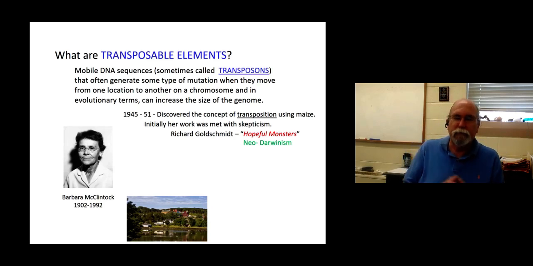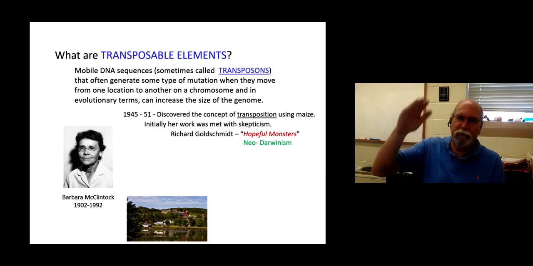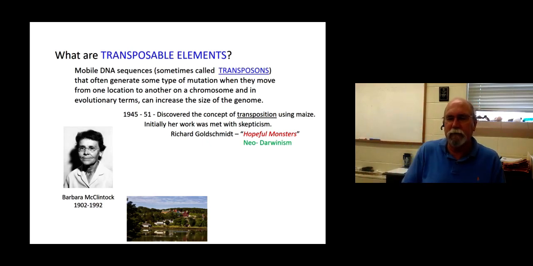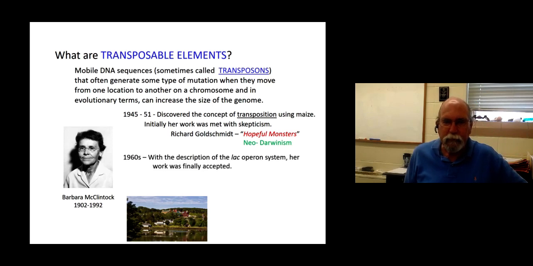And most of you, as I've mentioned before, trained as neo-Darwinian theorists. And it was based on the idea of these small changes. Well, all these neo-Darwinians out there were going, no, you can't have that. We figured it out now. There are chromosomes, DNA looks like this. And you can't have it jumping around on us. It's not particles, right? Well, by the 1960s, some years later, and she's still working at Cold Spring Harbor,